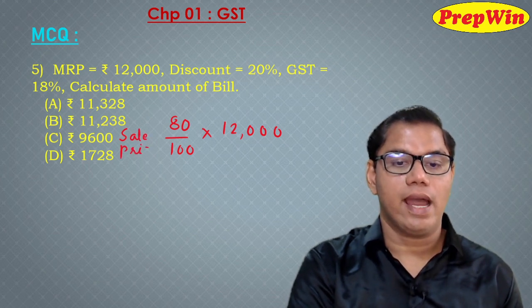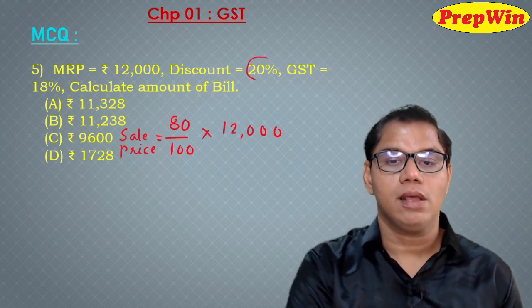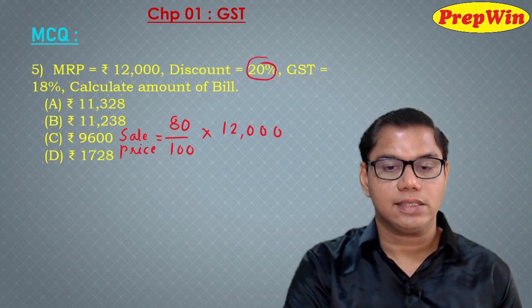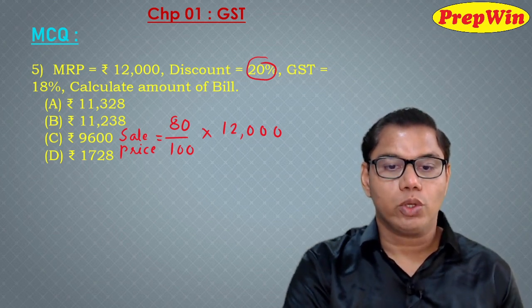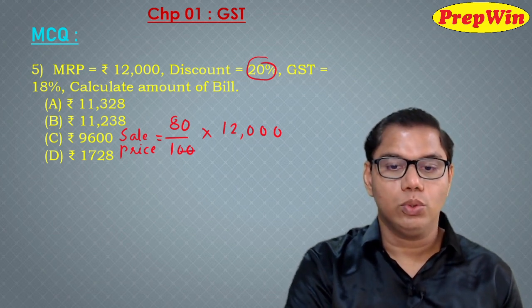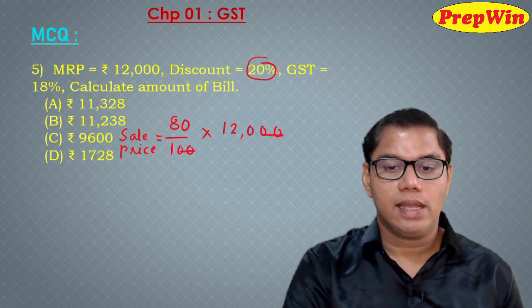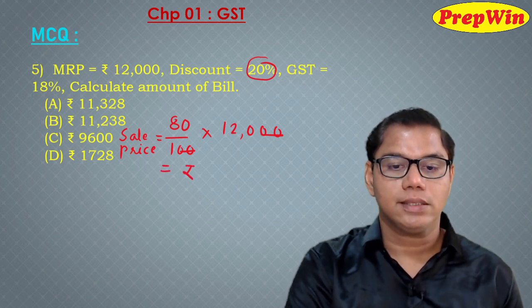So I can say that my sale price is 80%. Why 80%? Because 20% is the discount. So from 100%, if you deduct 20%, you get 80% of 12,000. Again 20 and 20 cancel from the numerator and denominator. So your sale price becomes